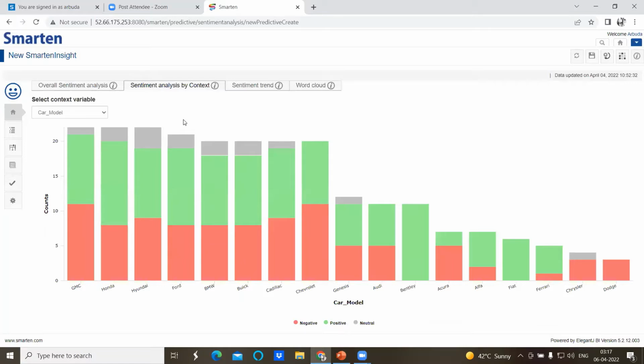So here we just have one context, that is car model. In case you have more data like demography, age, sex, you can even further analyze with other context variables. But currently we will just review this by car model. So with respect to different cars, we have the sentiment analysis, like Dodge is having completely negative sentiments, Fiat